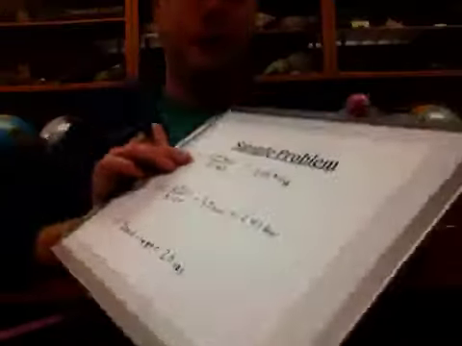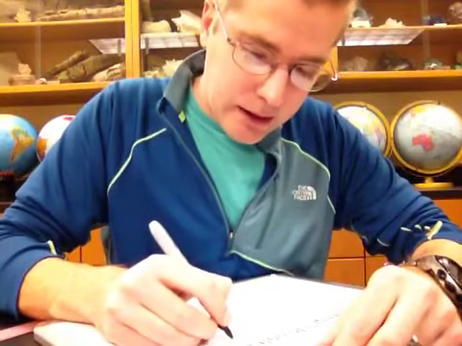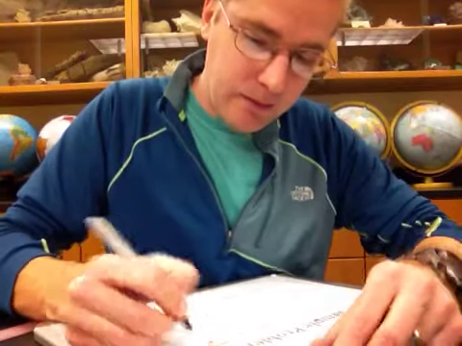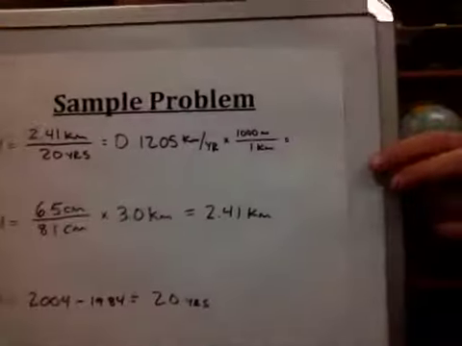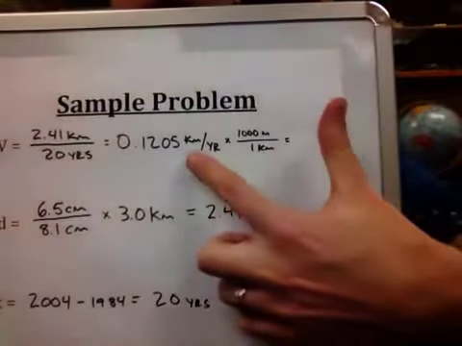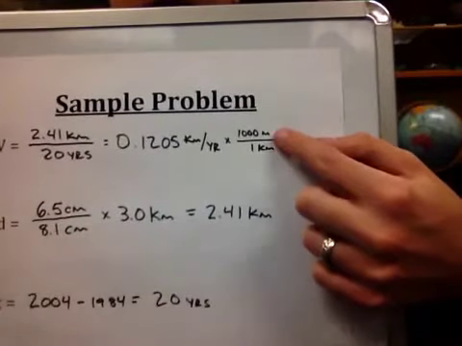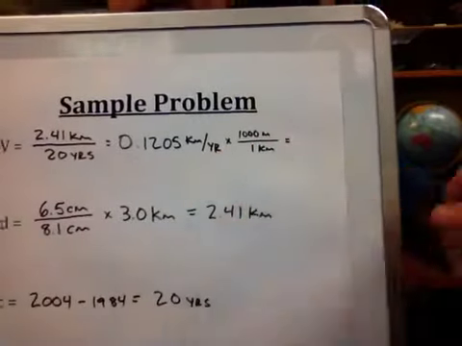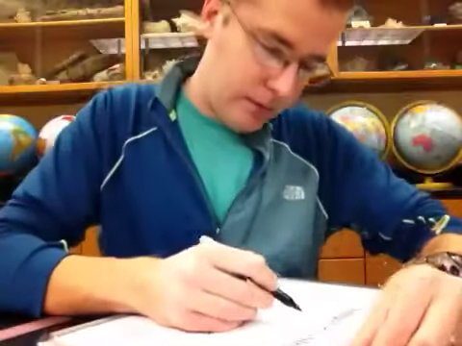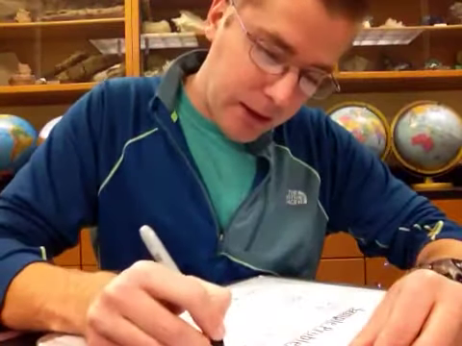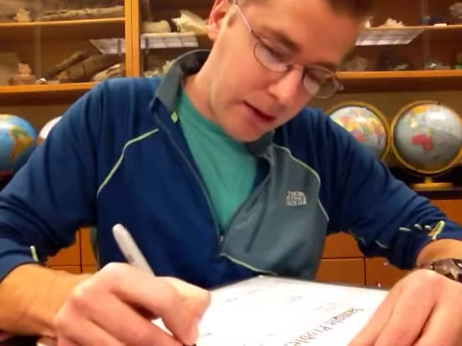So it sounds like a small number, but often the rate is given in something like meters per year. So if we were to convert it to meters per year, we'd multiply that number times 1,000 meters for every 1 kilometer. This way we have a kilometer on the bottom, a kilometer on the top. They'll cancel, so our answer will be left in meters per year. And we'd be looking at about 120.5 meters